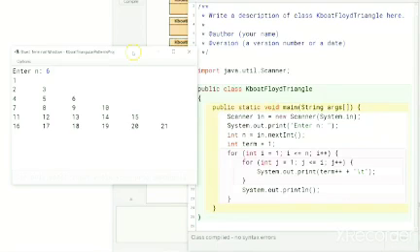As you saw, while solving these patterns, there is no set formula that you can apply to solve all the patterns. You have got the outer loop, the inner loop, and then you need to print something in the inner loop. By looking at the pattern, you must figure out how you should run the inner and outer loops and what you should print inside the inner loop to generate the required pattern. You need to develop a mindset and a way of thinking to correctly solve pattern programs. And the only way to do it is practice. Now that you know how to approach pattern questions, with just a little bit of practice, you can easily master them.